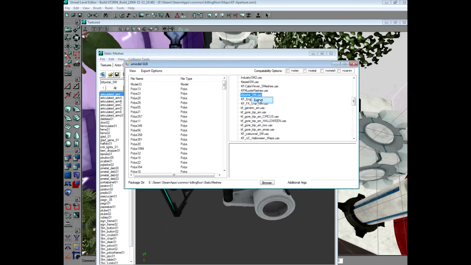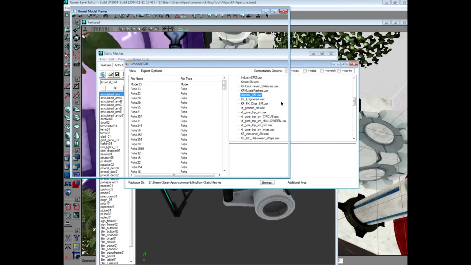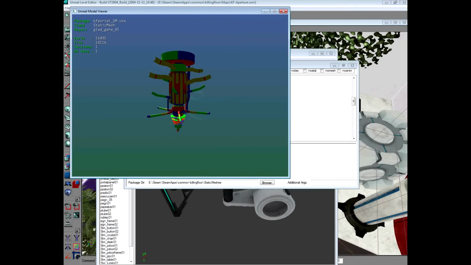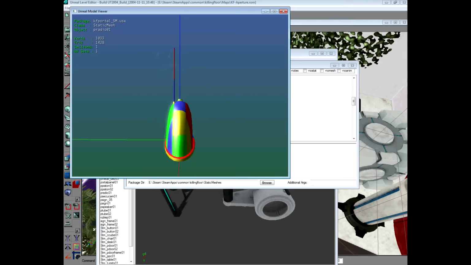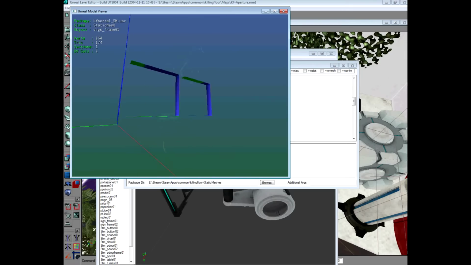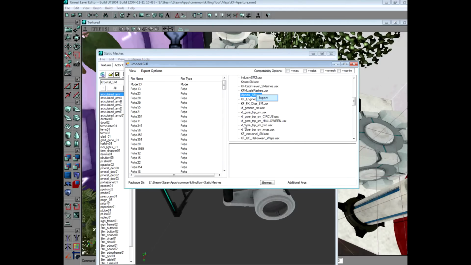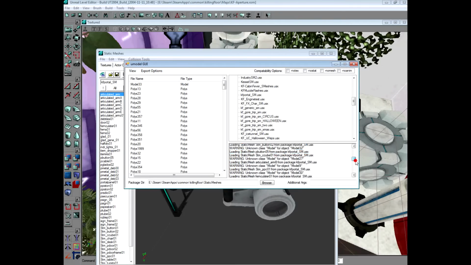We're going to right click. Like I said before, you can go in here and click it and preview the contents of what's in the package. There's a bunch of different stuff. I don't know what we're actually exporting here exactly, but I'm just going to show you how to do it. Here's your preview. You should right click and export. This could take a few seconds. It's going to throw some errors. Don't really worry about that all that much yet.